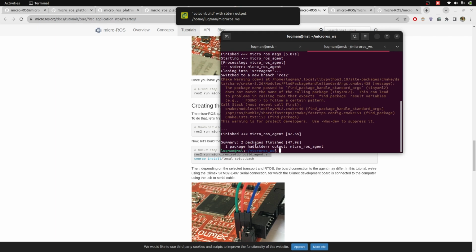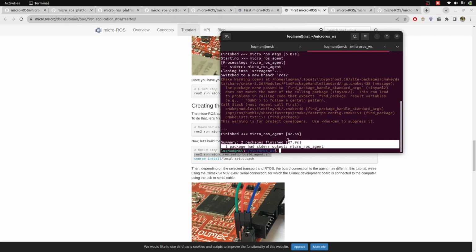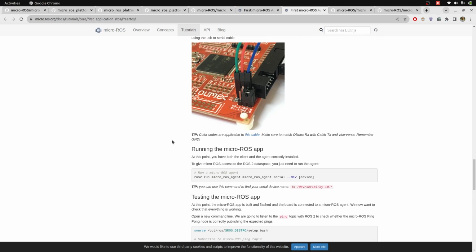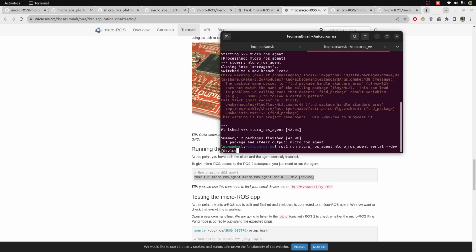And we can see the package has been built. It took some time, but it is now built. It's time to run our MicroRos app. So let's copy this command. Apparently it just seems to be copy pasting of our commands, but I will explain everything once we make it